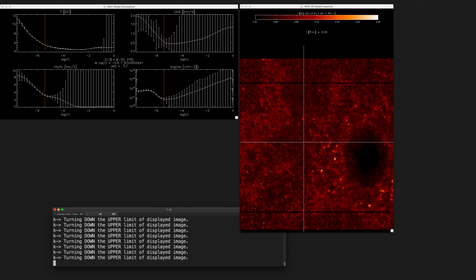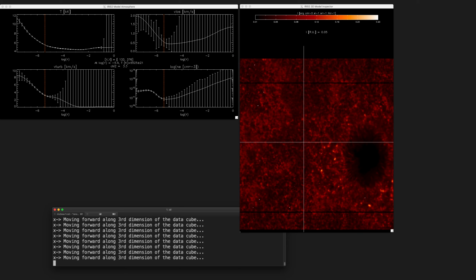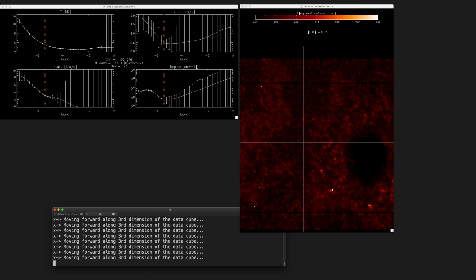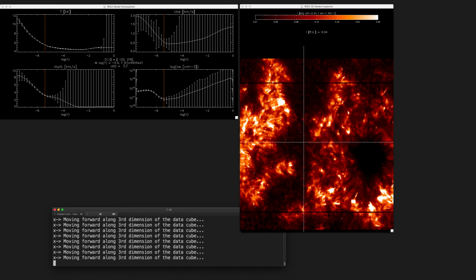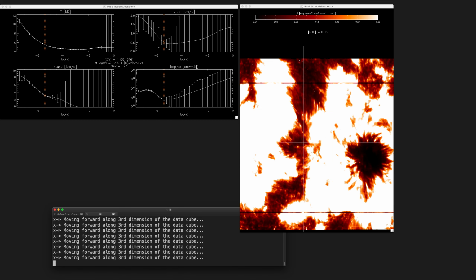So now I'm going to move along the third dimension, pressing Z or X. I'm going to press X to move higher along the third dimension. So I'm changing the wavelength, and at some point I will arrive at the K line